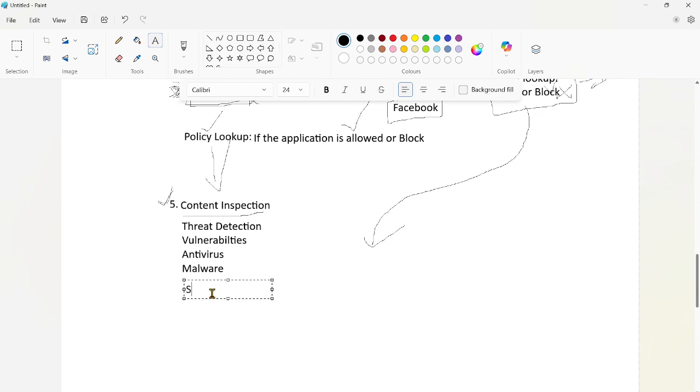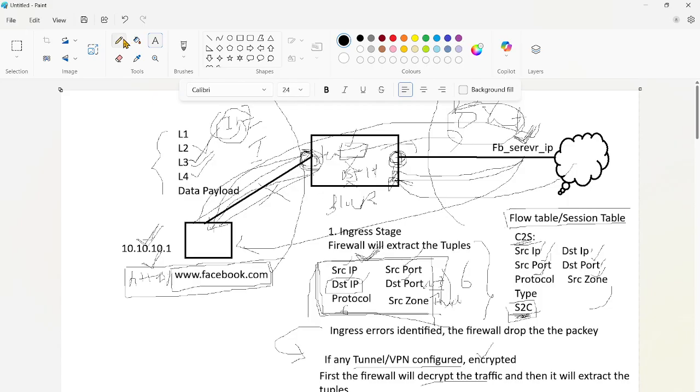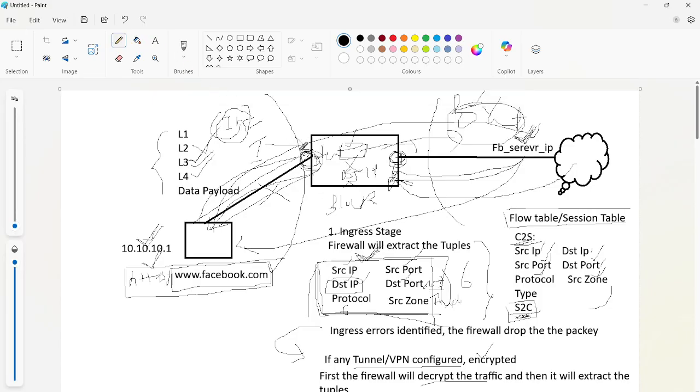So whatever traffic is decrypted, it is again going to encrypt, because the way we received the traffic is the way we have to send it out.